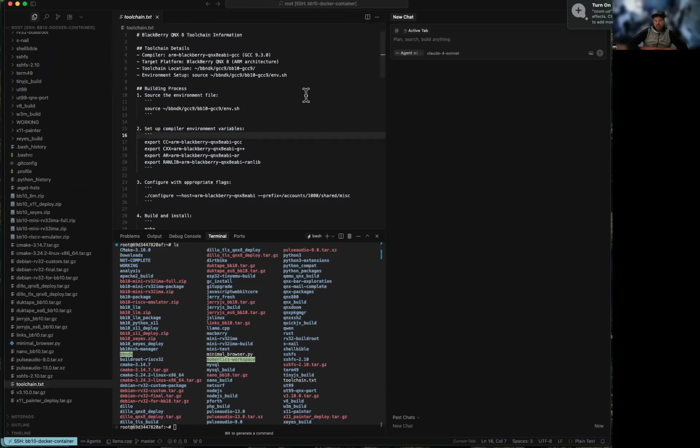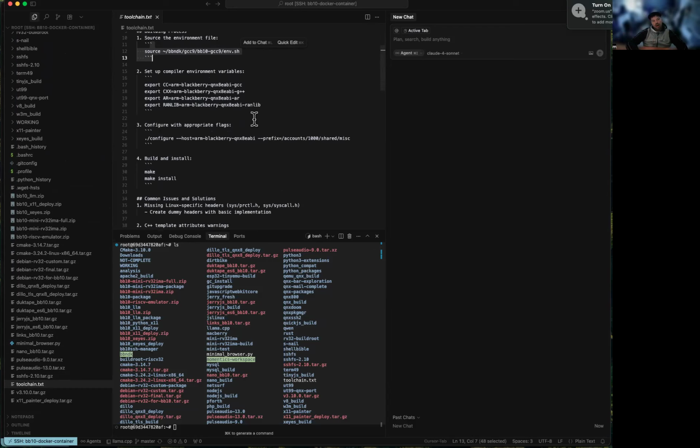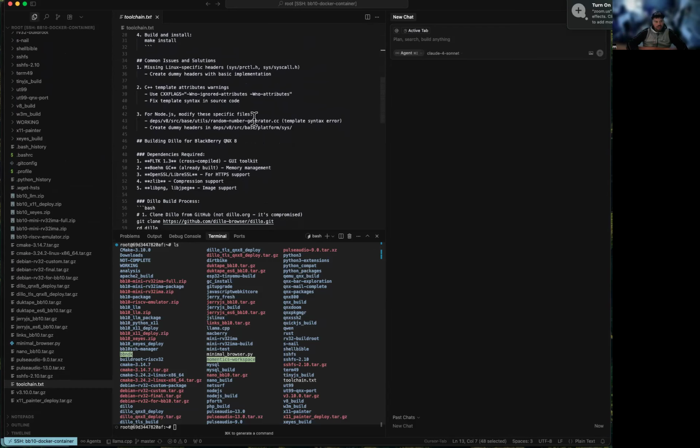This document is kind of like, okay, I'm going to prompt the AI with this: this is my tool chain, this is my compiler, this is the target platform, this is what I'm going to do. It tells it everything, because one of the things I wanted was to rapidly start developing something new for QNX every day, basically. So I prompt the AI with this context document and that lets me fast track development very quickly, because the AI is like, oh, boom, there's my tool chain, and what do you want to make? So for example,